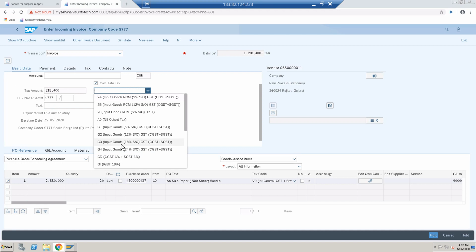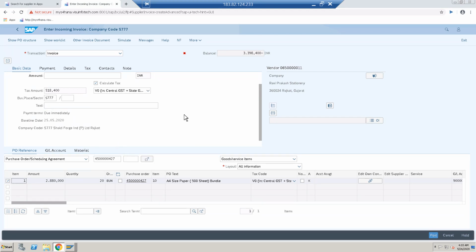Enter the tax code here. Okay, just enter, copy this amount and paste here.